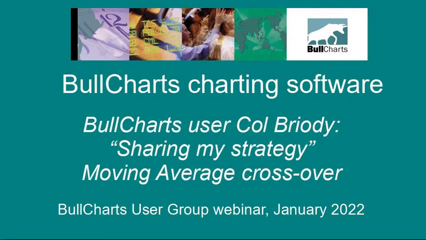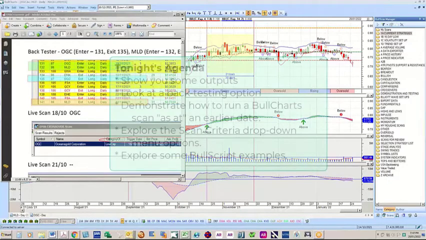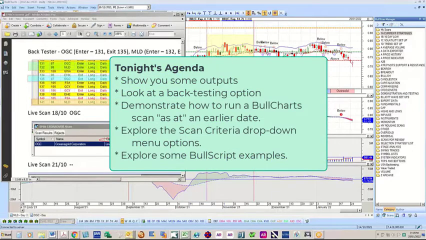So very quickly, this has been a journey of some years for myself. I don't purport to be an expert by any imagination. I do like trading, and I really am attached to the BullCharts system. Tonight I plan to show you some outputs. I only joined the group last meeting, and one of the things I picked up was conversation around back testing, and also having a look at how we can go back and retrofit some dates and run the scans. So I plan to do that tonight as a demonstration of the outputs of this particular strategy and scan.